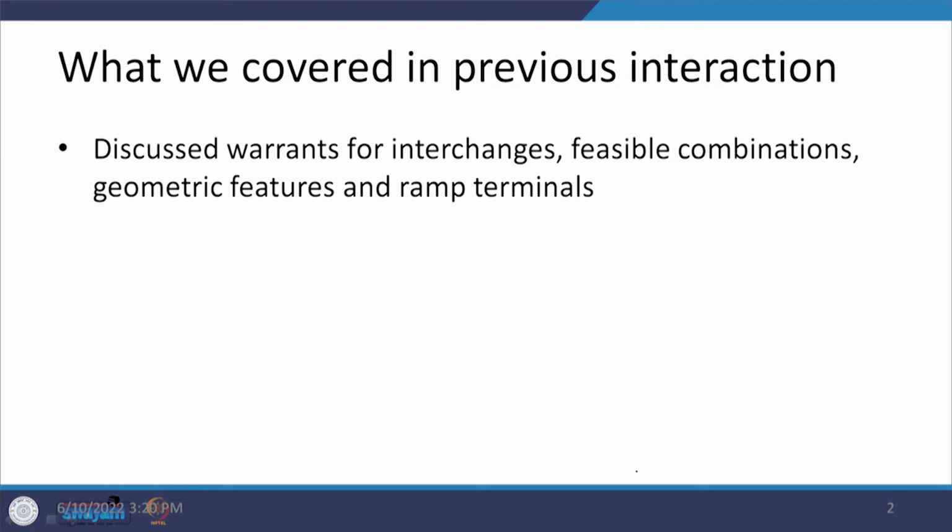Let us now try to culminate our discussion on the intersection layouts in this particular lecture. In the previous interaction, we talked about the warrants for providing interchanges. We also looked at the feasible combinations where interchanges need to be provided if different types of roads cross each other. Then we talked about the geometric features and the ramp terminals, wherein the entrance and the exit ramp